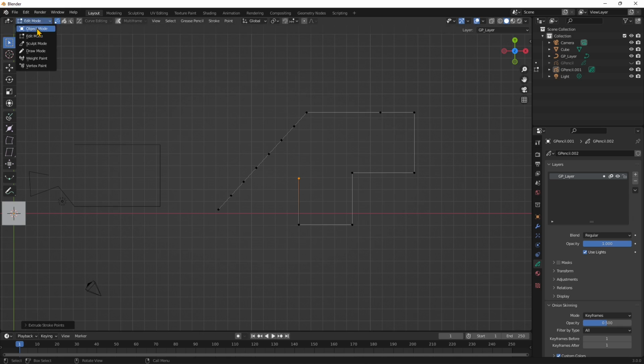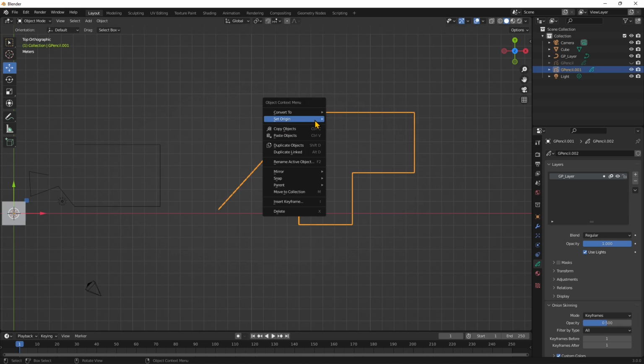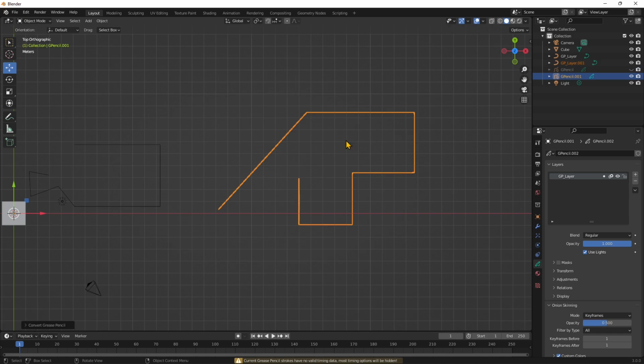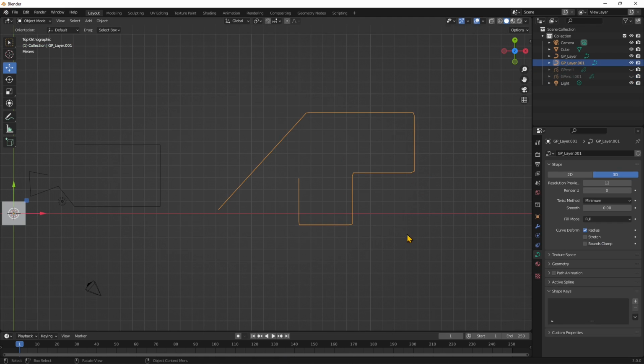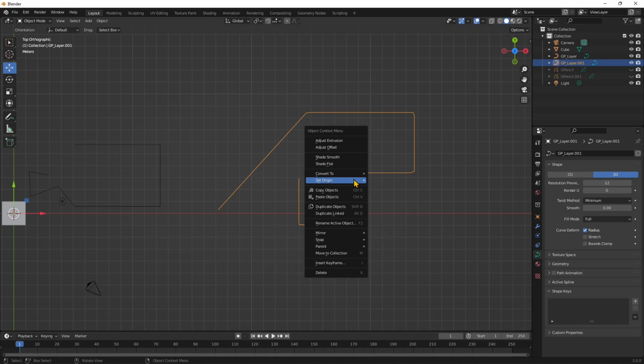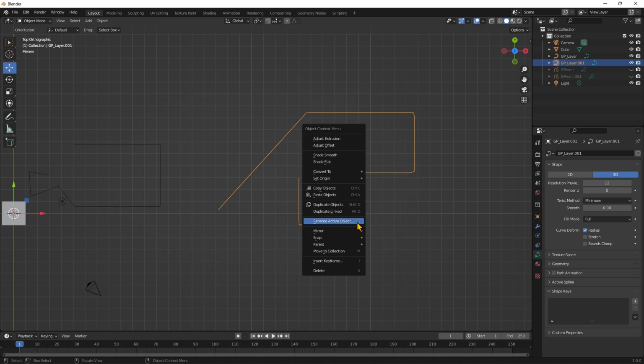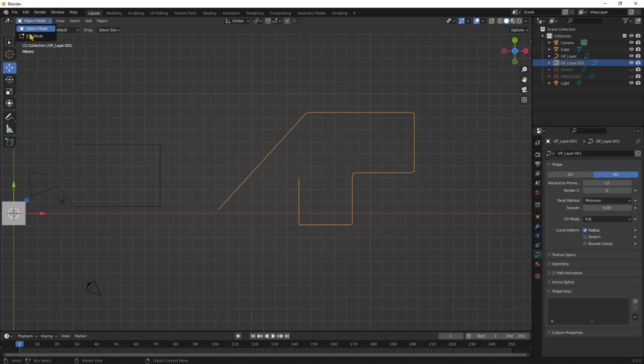Now remember that you can use the grease pencil and then right click and convert it into a basic curve. Also a path could be useful. So it's always going to create a duplicate. Now you can see the path, it's a little bit different, but it's still having some of the possibilities that the curves have. So let's go to edit mode here